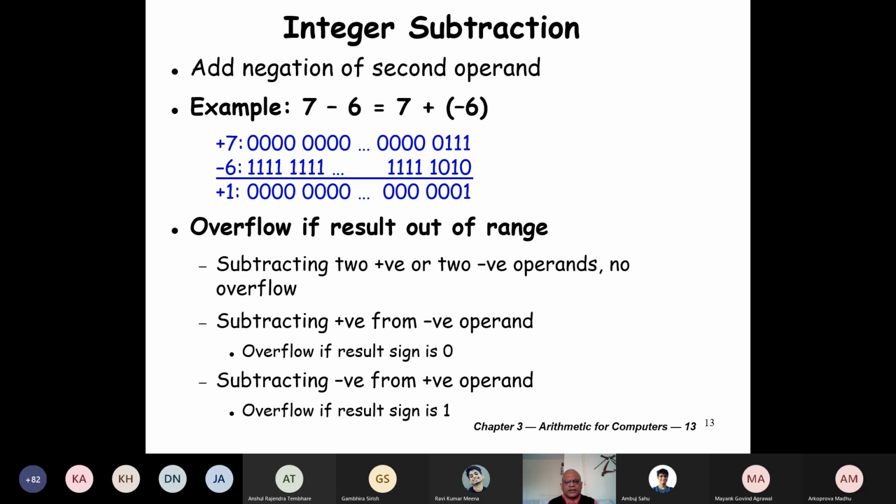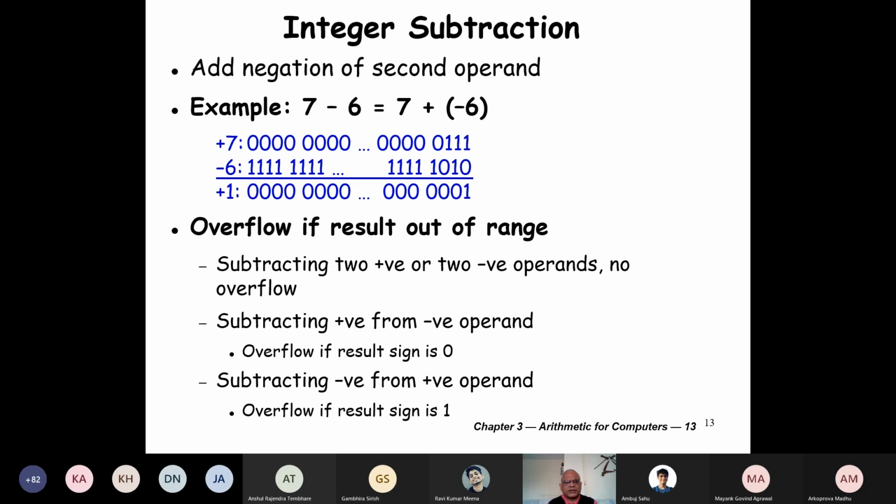Even when we manually subtract something in 2's complement, we never really do a subtraction. We just take the complement of 6, negate 6. So once we have the 6 negation, if you work it out, it will be this number, and then we do an add.